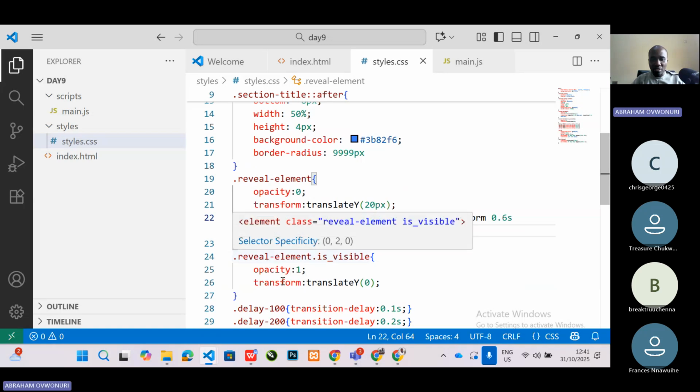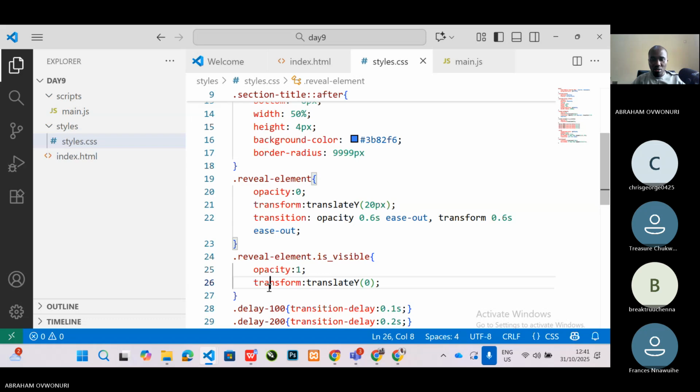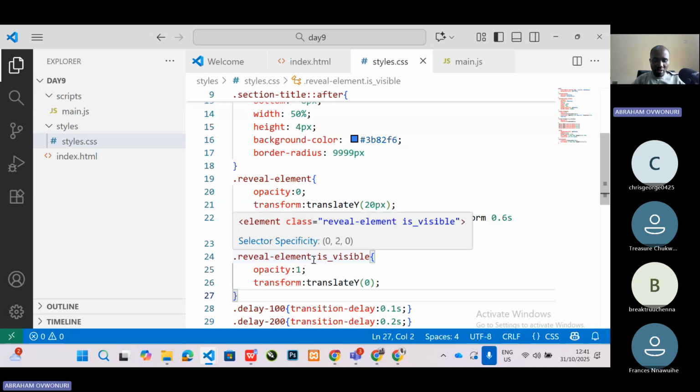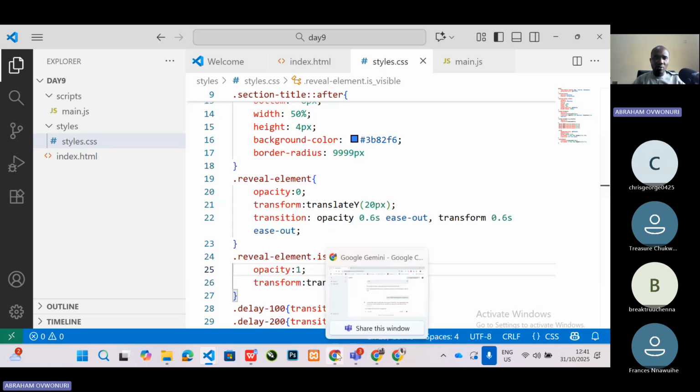The view element is visible. The view element is visible. Opacity 1, translate 0. So it's supposed to